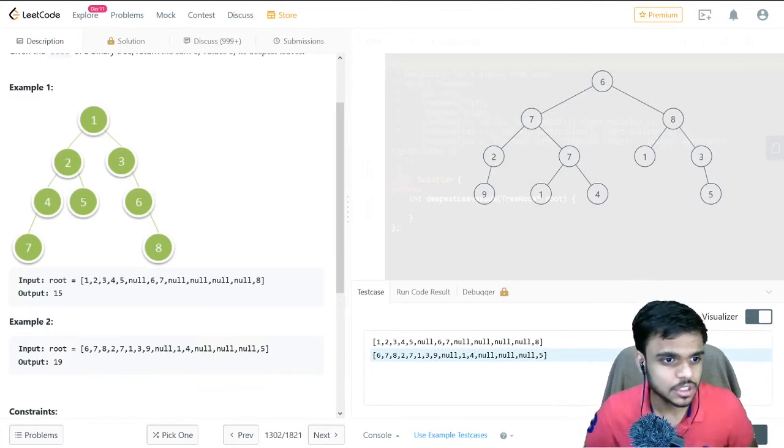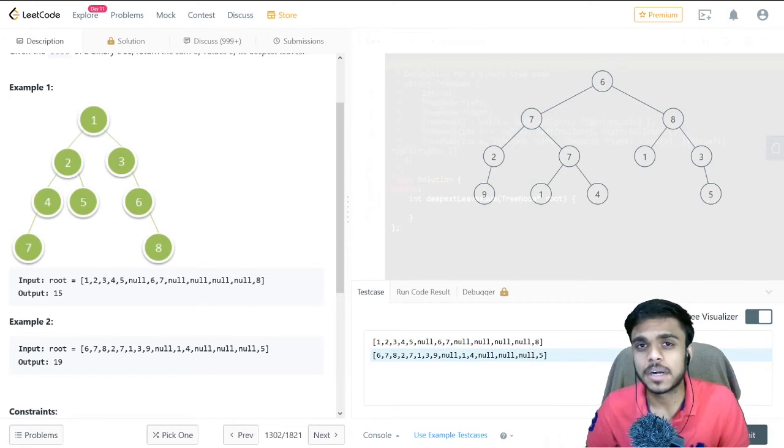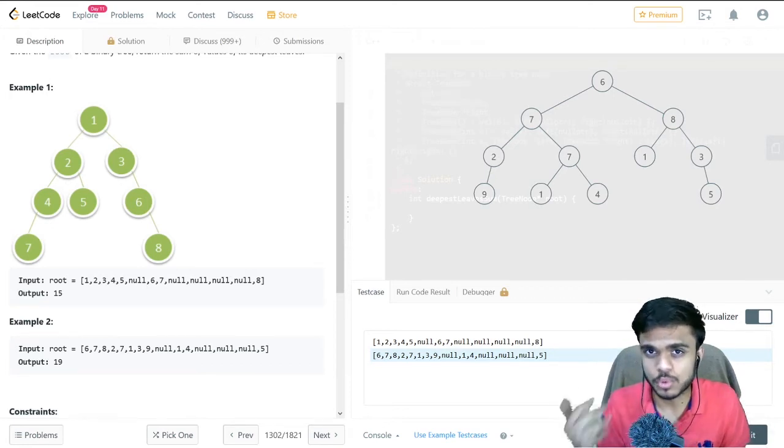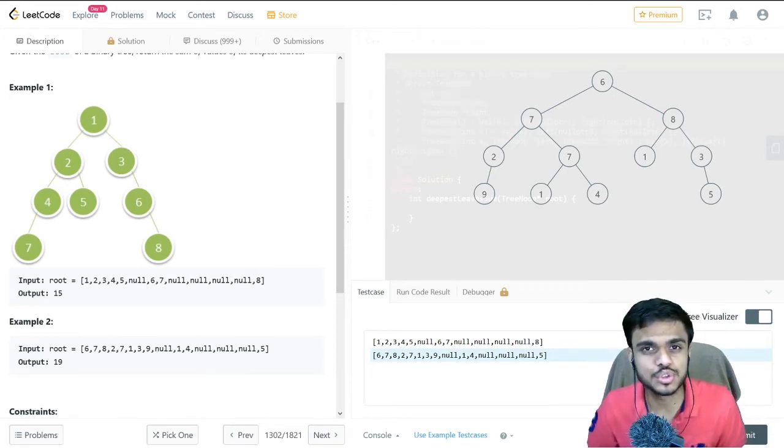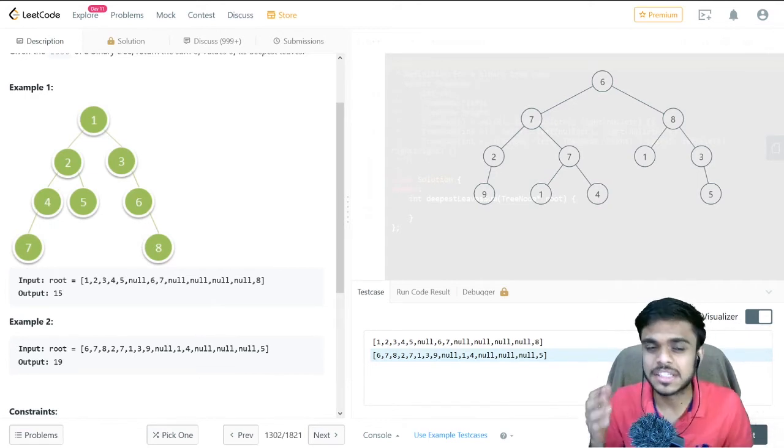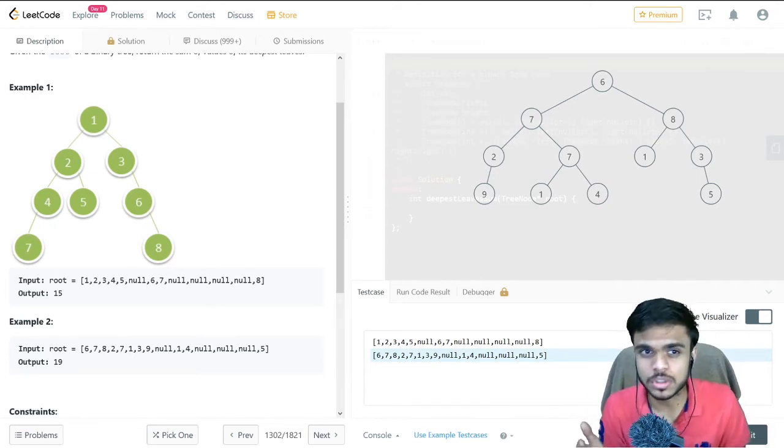So let us look at it. If we go by that approach, we will have 7 and 8, but in this case we will also have one more element, that is 5, because in this case too we have left and right child as null, but this wouldn't be a correct node which would come into the conditions that are given.